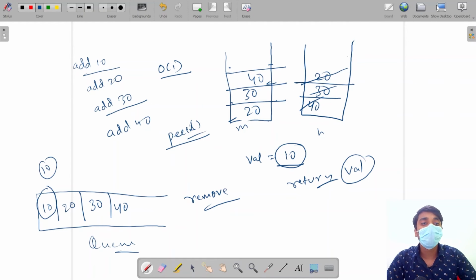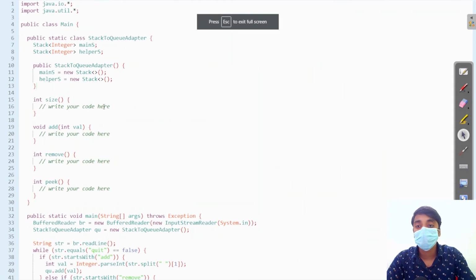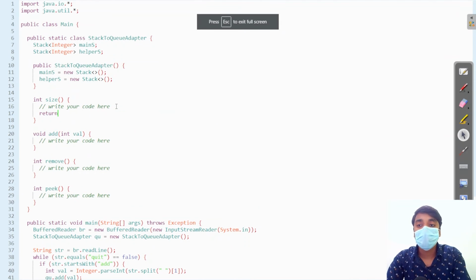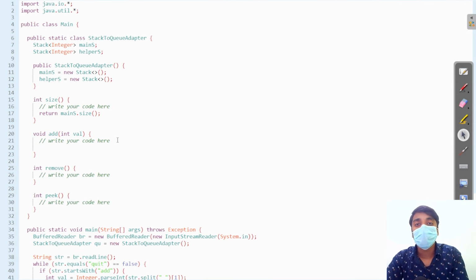So let's code this. The size of the queue will be the size of our main stack. Now this is the add efficient, so we will simply push the value in the main stack.